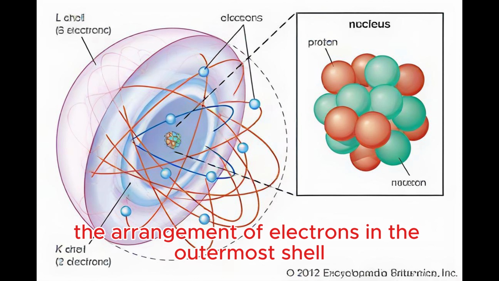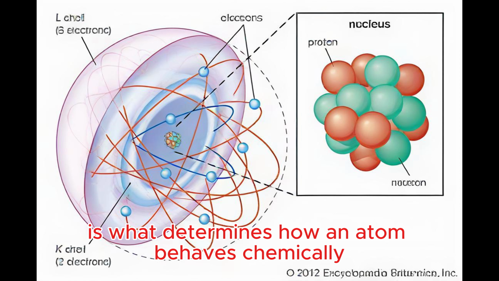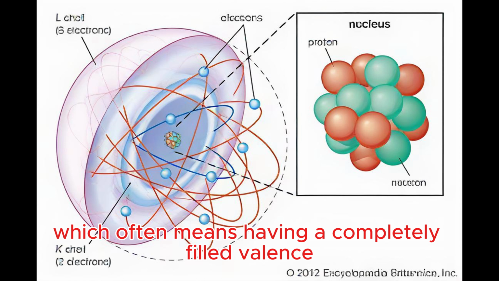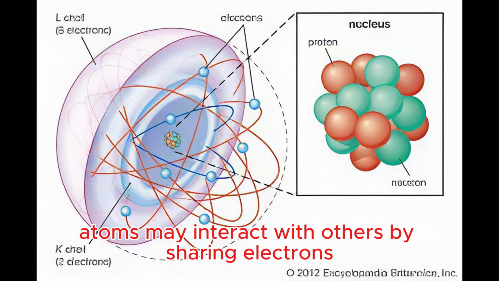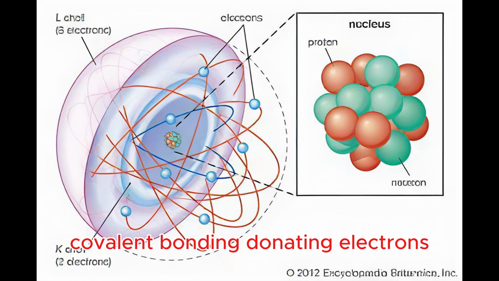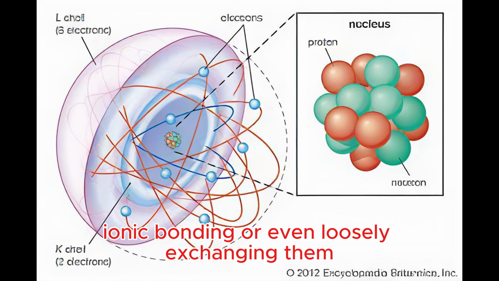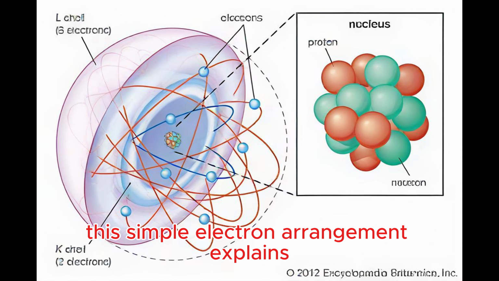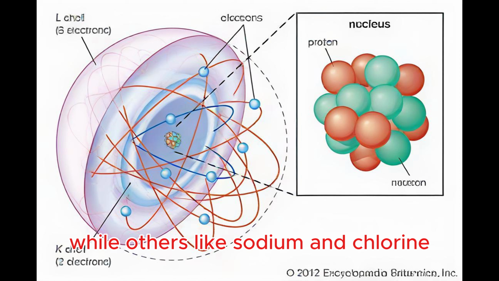Finally, the arrangement of electrons in the outermost shell, also called the valence shell, is what determines how an atom behaves chemically. Atoms naturally seek stability, which often means having a completely filled valence shell. If the outer shell is not full, atoms may interact with others by sharing electrons, covalent bonding, donating electrons, ionic bonding, or even loosely exchanging them, metallic bonding. This simple electron arrangement explains why some elements like helium and neon are chemically unreactive, while others like sodium and